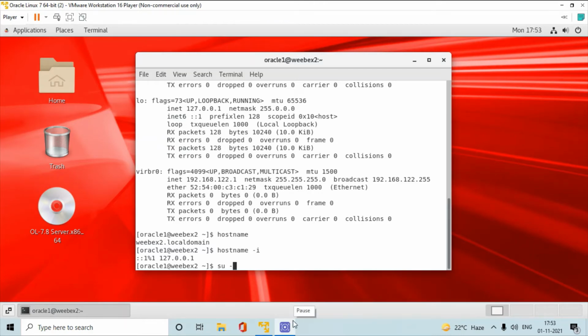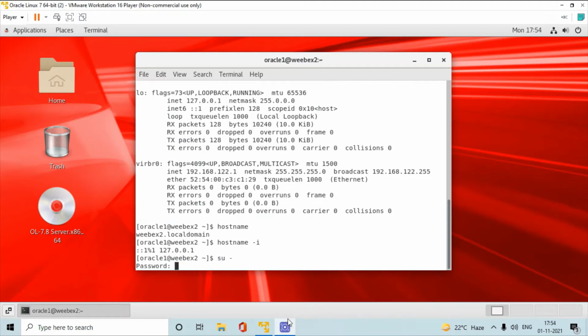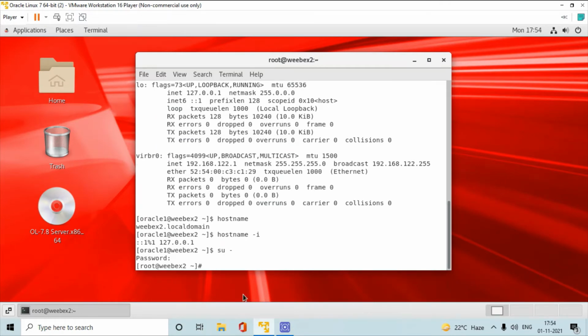You have to give the root password. Here we have entered the password, then it shows the root section.